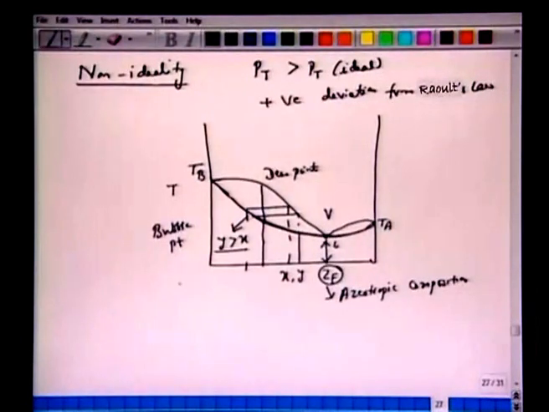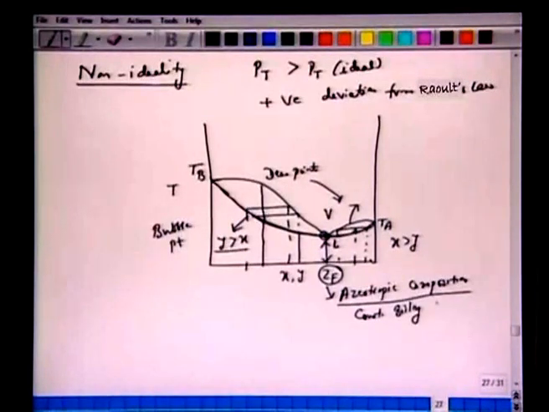All right, and if you are here and draw a tie line, it's not difficult to show that now we have just the reverse situation. This is also a dew point curve, and this is also a bubble point curve here. Now we have x greater than y, and if you have a mixture here, that means there is no separation at all. The entire liquid is converted into vapor. This azeotropic composition, that's why it's also known as constant boiling temperature.